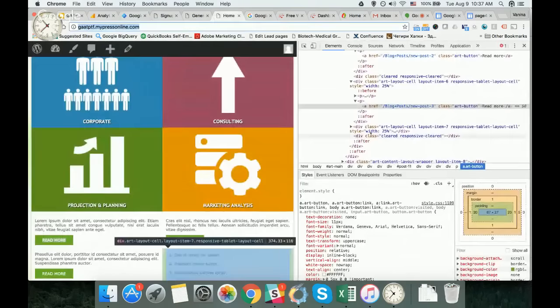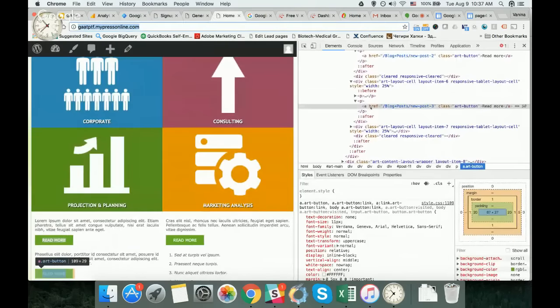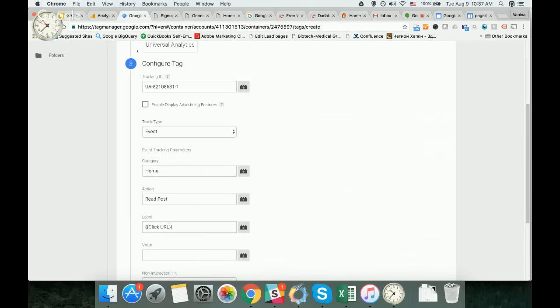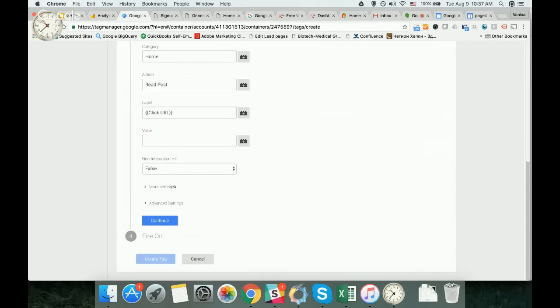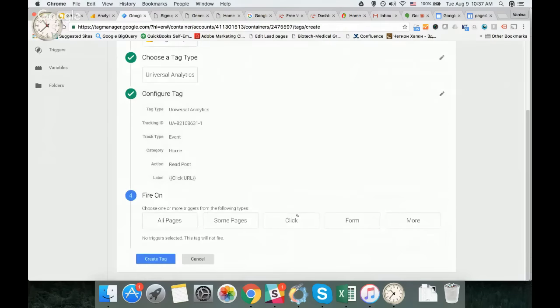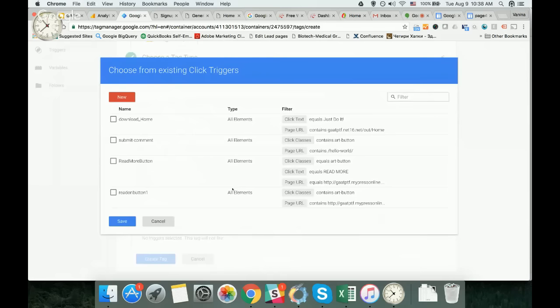Because once we reviewed it, that's exactly it: the href is the click URL. So when we tell the server, okay, just point to this and remember it, it's going to know at the end which of these buttons, leading to where, was clicked. So we just click continue, and the only thing we need to do right now is to connect it